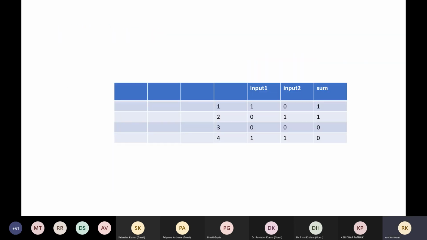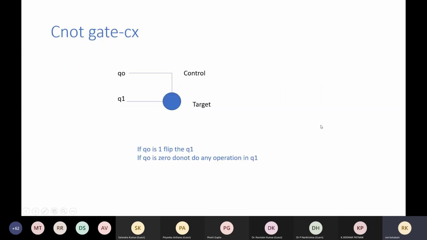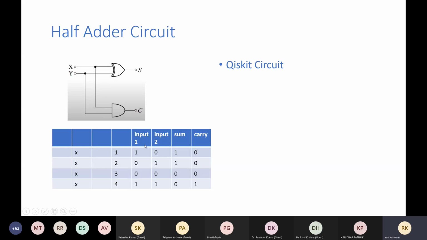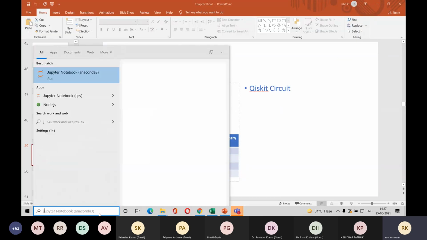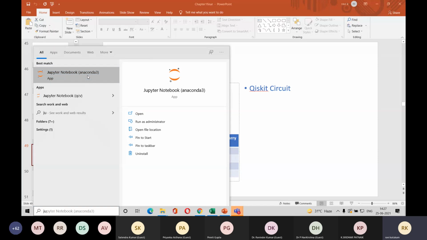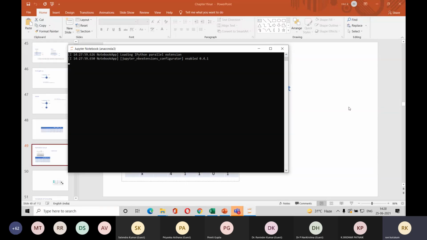Then we tried to generate a table to execute this addition operation. So it takes two inputs, input 1 and input 2, and here in this table I just represented sum, but you can have both the sum and carry represented in the table. Okay, and we could successfully build a circuit. Let me show you that circuit, maybe the first circuit we developed to execute certain computation. So let me open that.